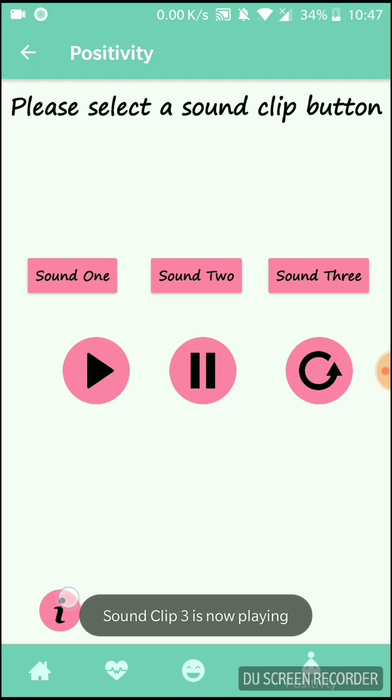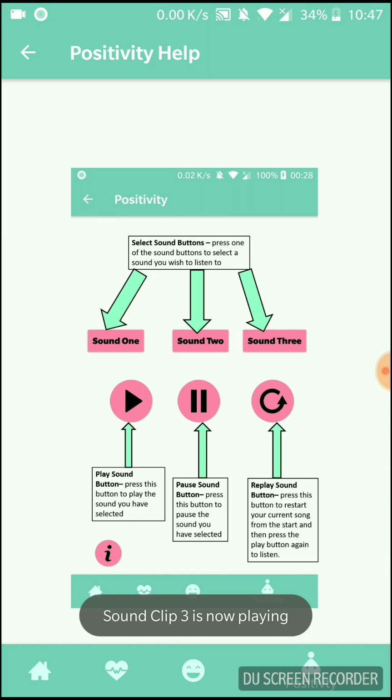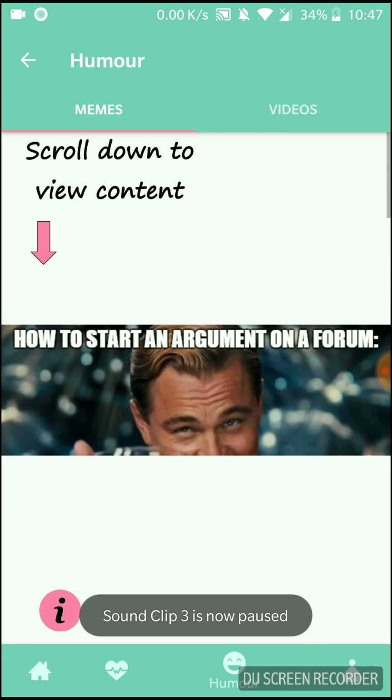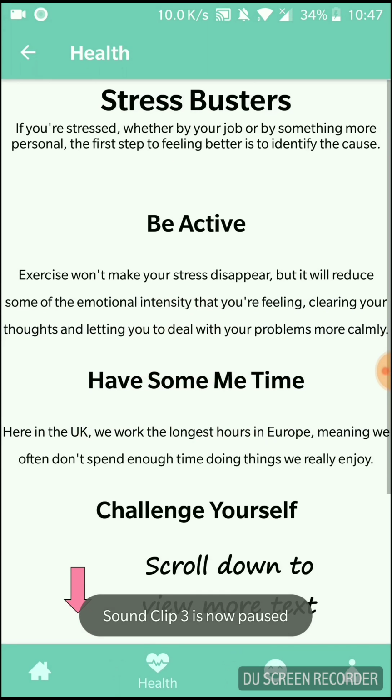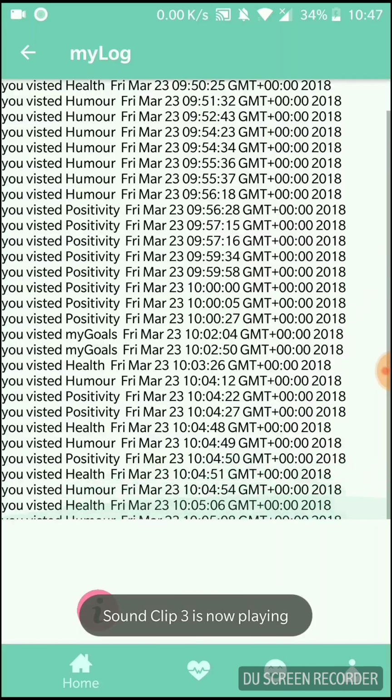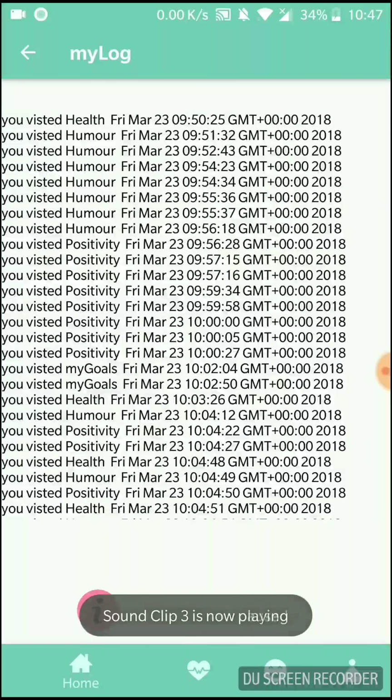Again, there's a help icon at the bottom, just a screenshot with arrows, simply telling you what each of the buttons do and the functionality. Okay, and if we go back, that's taking you back to humor, that's taking you back to health. Go back to home. So we've got my log, which is a text file featuring a log of your activity